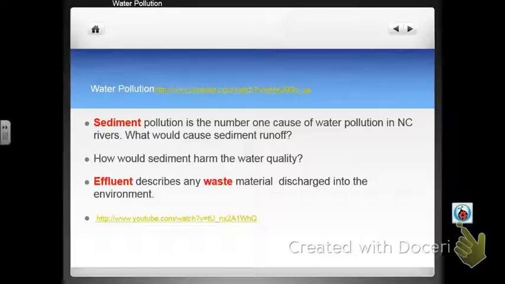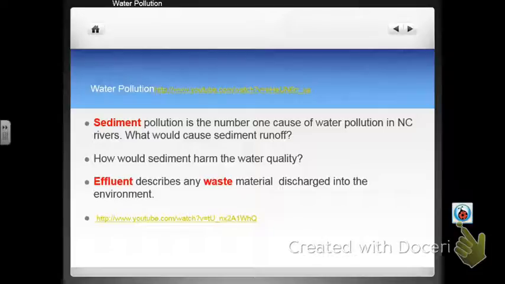It makes the water very cloudy. It adds another layer of sediment when it settles to the bottom of the river and the stream. It buries the organisms that live on the bottom. It buries their eggs again, and they may not hatch. And so it creates some problems. This is called turbidity, when the water becomes too cloudy based on sediment and other solid particles going in the